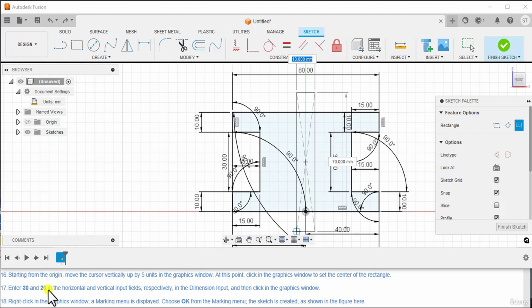Enter 30 and 20 in the horizontal and vertical input fields respectively in the dimension input and then click in the graphics window.